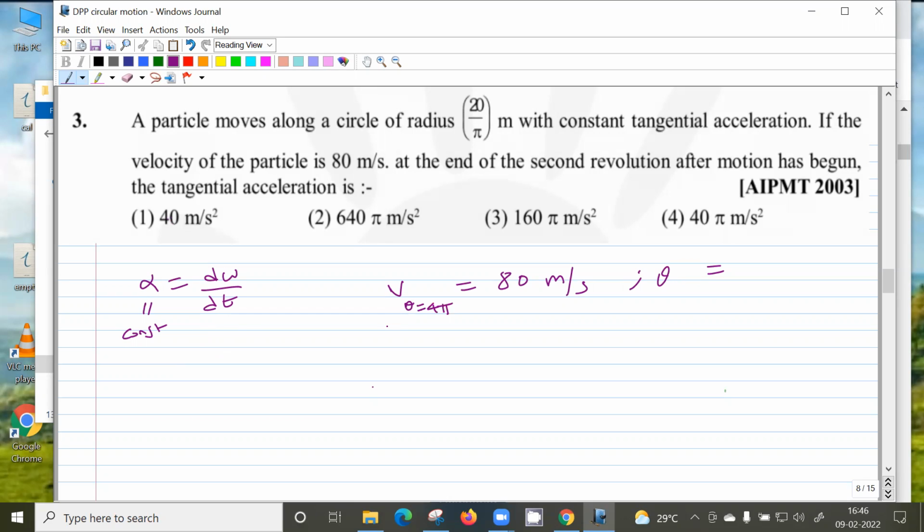Okay, V from this. So from this I can get omega at theta equal to 4 pi. How much? V by R, no? That's 4 pi. So omega at